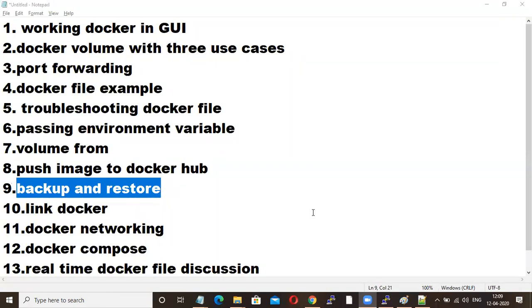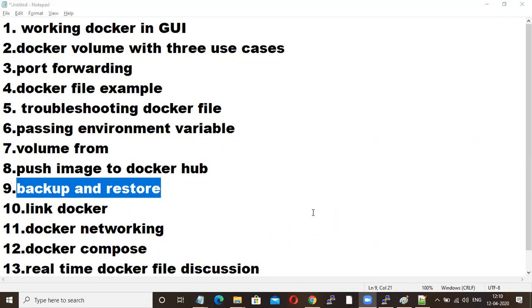Sir, one small doubt. When you are building the image, you are mentioning the port, 9,000 and all you gave. What is the significance of that? Good, Abhishek, at least you have asked me. I was waiting for someone to ask this doubt.